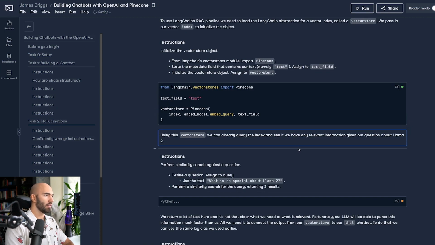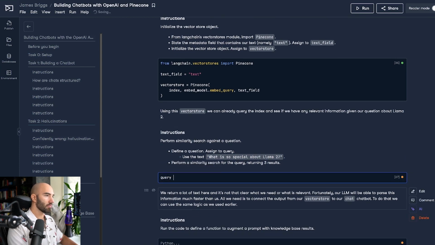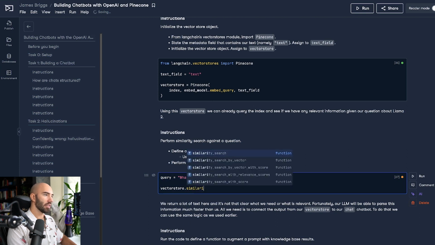Now let's try and search with this query through our vector store. So we're going to do vector store similarity search.